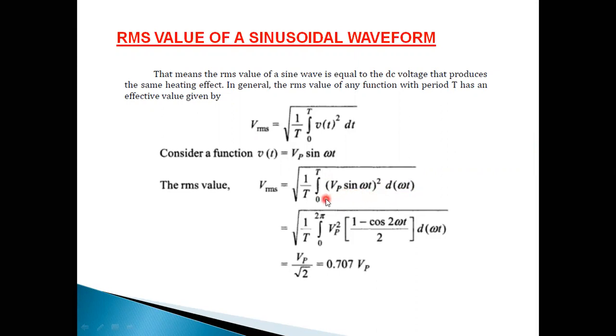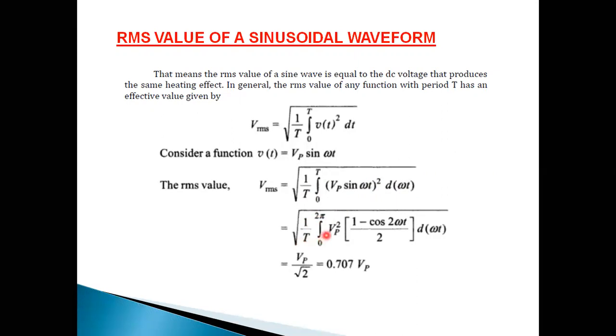In that particular one, while calculating RMS values, it becomes a square, so the negative part becomes positive. That's why I'd like to consider the total time period here as 2 pi. Don't go for pi here. Why? Because it is root mean square. That square term makes the negative value also positive. That's why I don't want to disturb the time period here. We have to consider the full cycle, and the full cycle time period here is 2 pi.